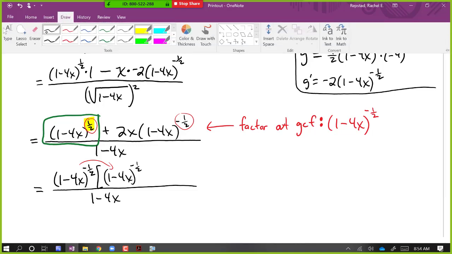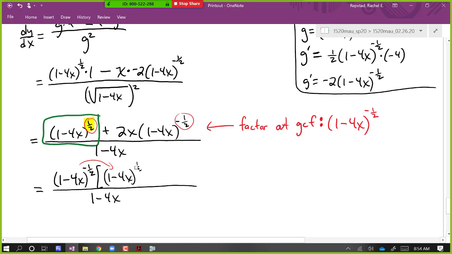So in order to get the positive 1/2 power, what I need to ask myself is what goes here so that when I add it to negative 1/2, I get positive 1/2. 1, positive 1. And in fact, that is always how these work, right? Think about how the 1 minus 4x to the power appears in the products above here. In one of those products, I had just plain old g, and in the other product, I had g prime. Those powers will always differ by 1 because of how the power rule works. So this is just to the first power,